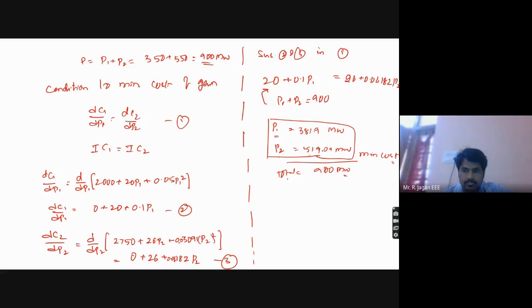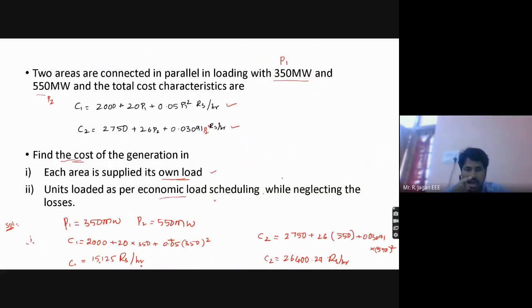Yes or no? Yes, sir. Right? Now, by using these two allocated powers, we need to find the cost of generating this power if I allocate it to the individual generators. Already the characteristics of the individual alternators are given in the problem, in terms of P1 and P2 for the individual generators.